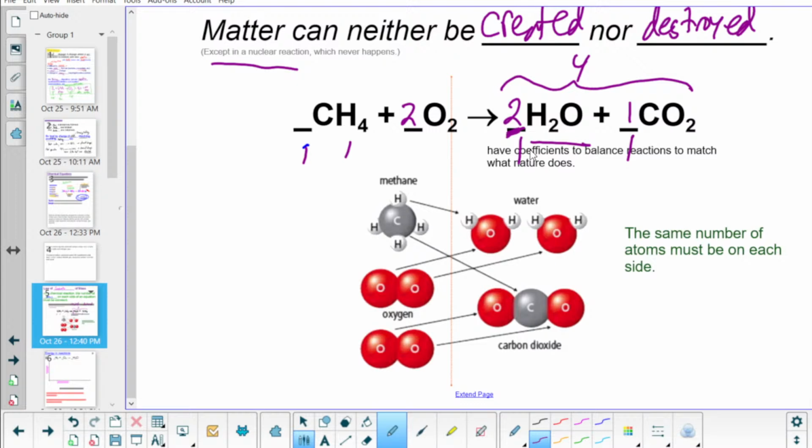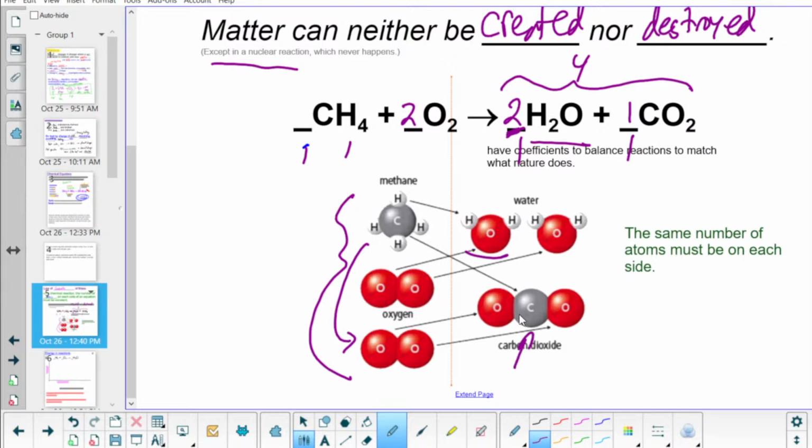Now, this process is very artificial. We as humans are doing this to understand what's actually going on. We can represent it below graphically, and this is more of what actually happens. This methane particle gets all of its hydrogens ripped off. So an oxygen will take off 2 hydrogens, and when it does that, it'll let go. And so it becomes a single oxygen with 2 hydrogens. That oxygen will take 2 more. A naked carbon is very reactive. And if there's oxygen around, it's going to bump into it and also rip its electrons apart. And so it gets sandwiched in between into carbon dioxide.